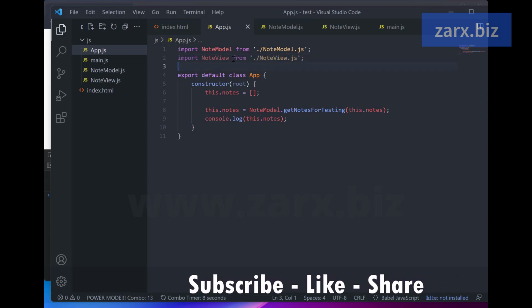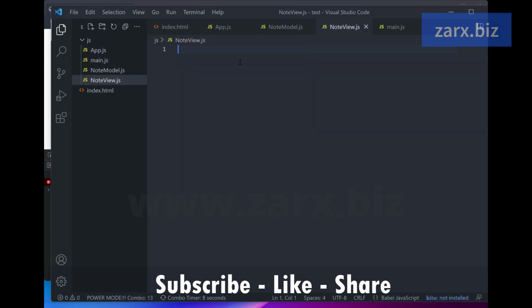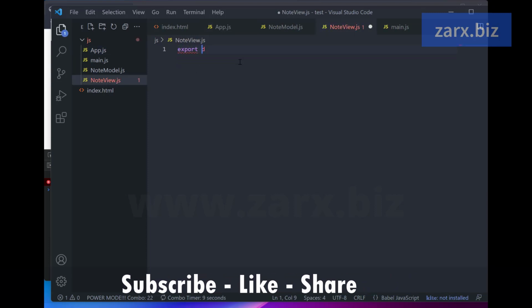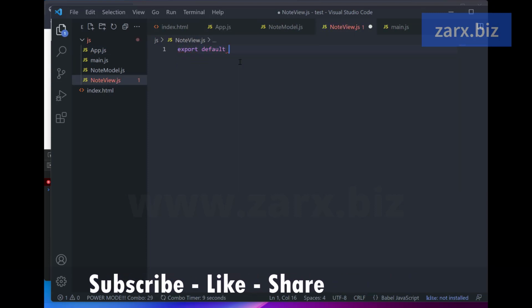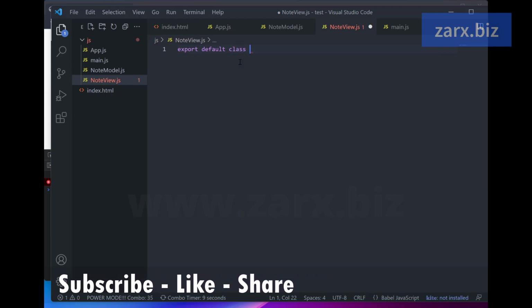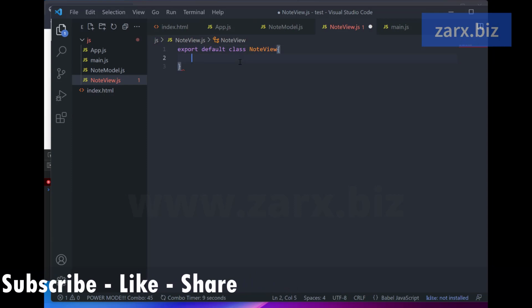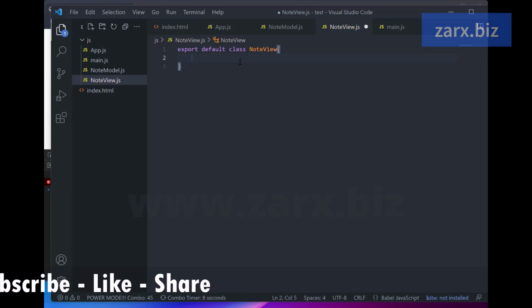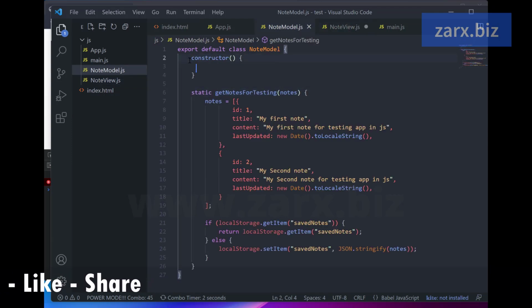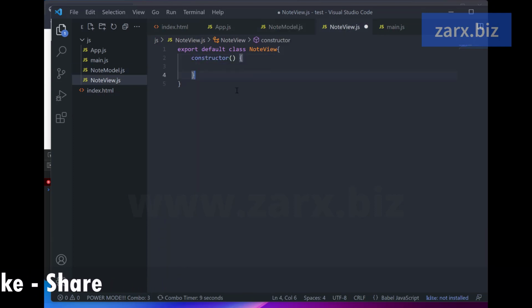Alright, now we need to export it. So here, export default class node view. Alright, and in this node view class we can have constructor just the way we had in model. In model, constructor is empty for now, so I'm just gonna copy and paste it here. Alright, so what do we need to do now? We need to